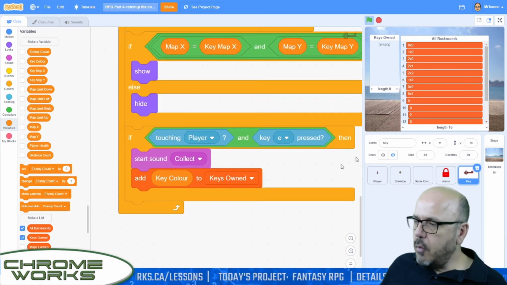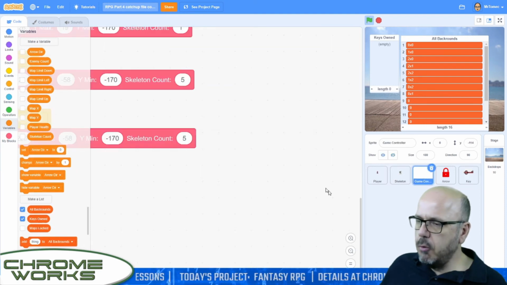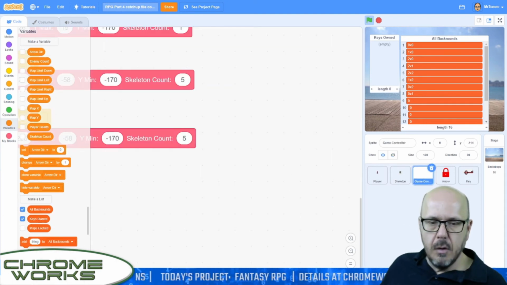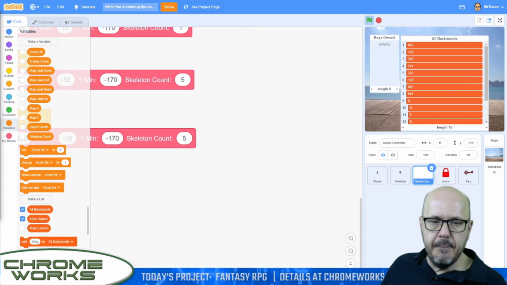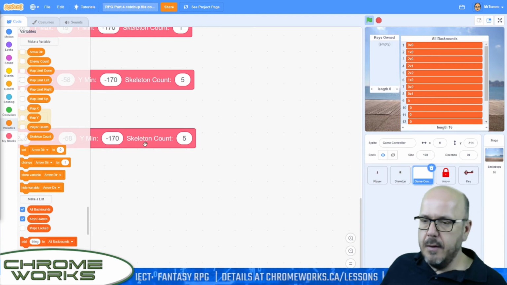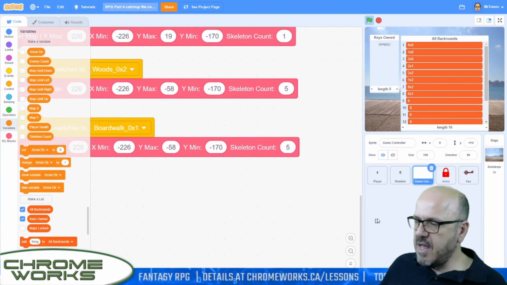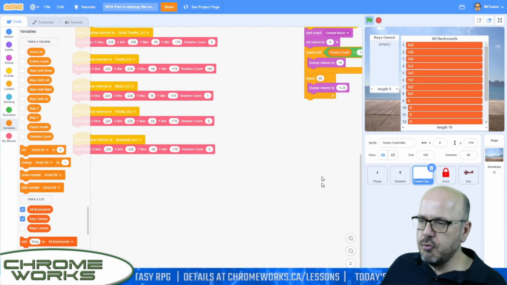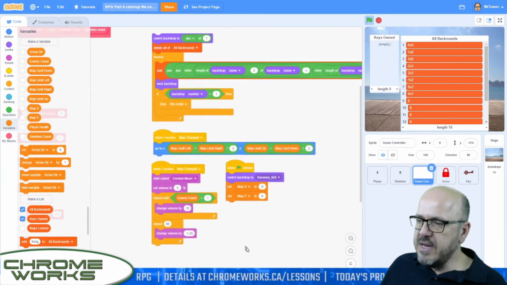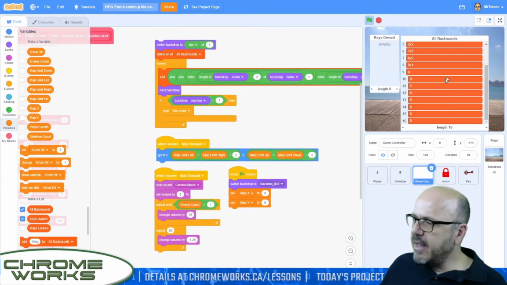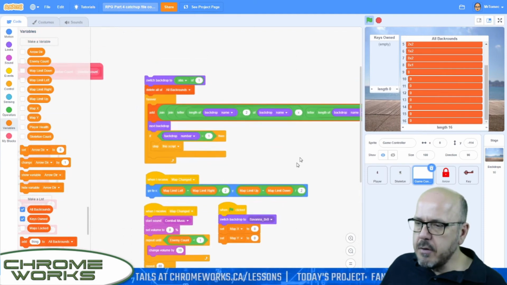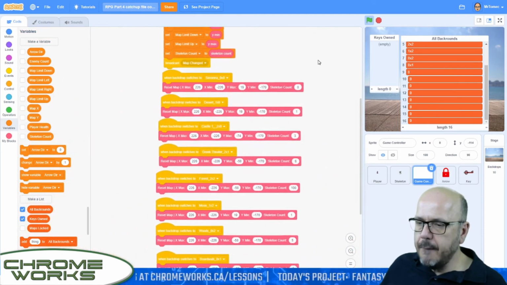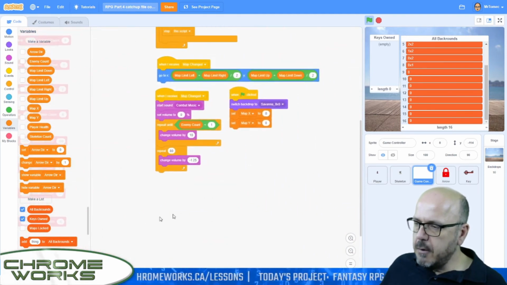Okay, so I've messed up my list of backgrounds here. Let's go back to our game controller, and I think I'm actually done coding here and ready to test this. I just want to make sure everything's set up properly. Let's go back to our game controller here, and we're going to regenerate our lists here because I see some items here on our all backgrounds list that should not be there. And those, if I remember correctly,